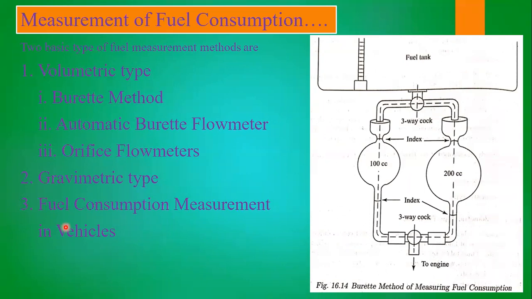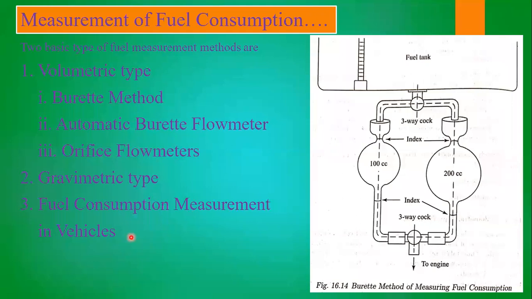So that's why a real method which comes into place is the fuel consumption measurement in vehicles. Basically we make this fuel measurement in kmpl, kilometers per liter. That means by taking 1 liter of fuel, how much distance it can travel. And by having accurate measurement, we can assume accurate real conditions here.